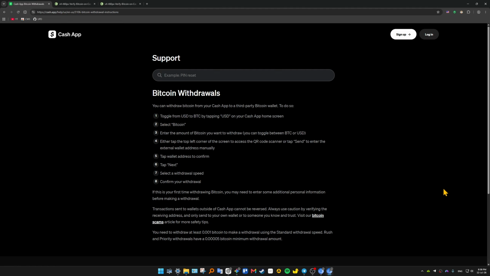After that, you'll need to use your phone's camera to take a clear, well-lit photo of the front and back of your valid government ID, like your driver's license or passport. And then the app will prompt you to take a quick straight-on selfie to make sure it matches your ID document perfectly. Then guys, once you submit your photos, Cash App's review team usually takes about 24 to 48 hours